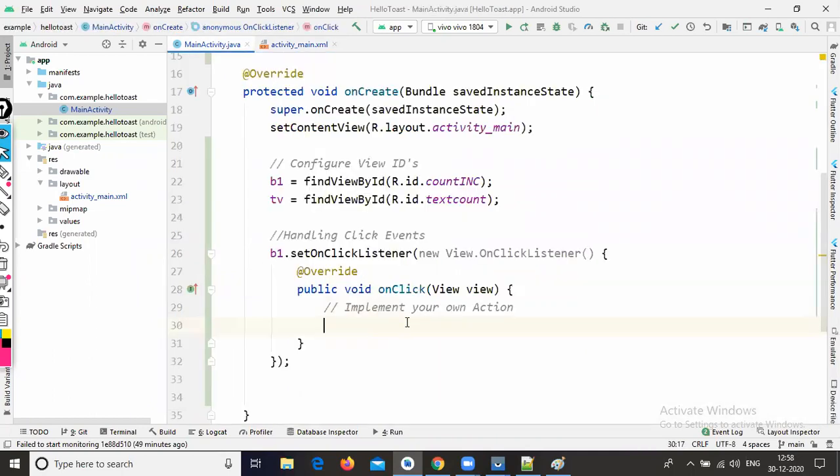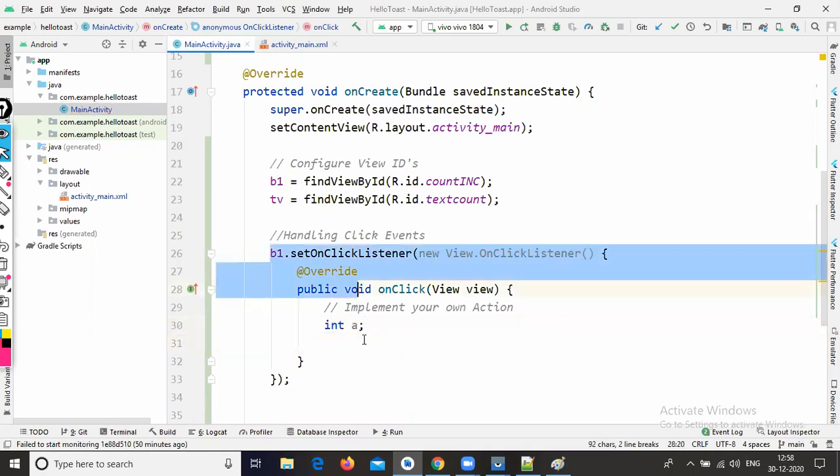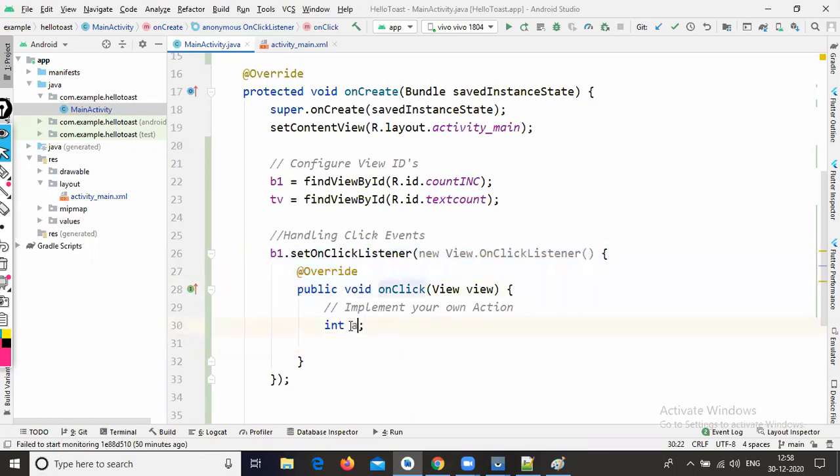As of now we don't have any integer variable. Count is increasing, so we need to increment an integer value. That's why here I'm creating the global variable, int a. When I click this button, I want to increment this integer value.